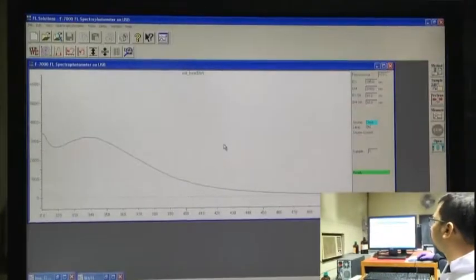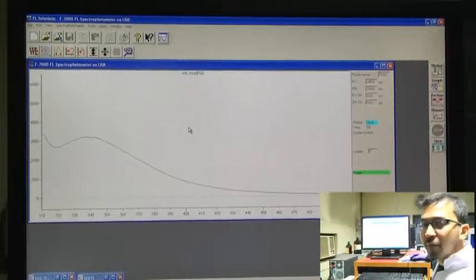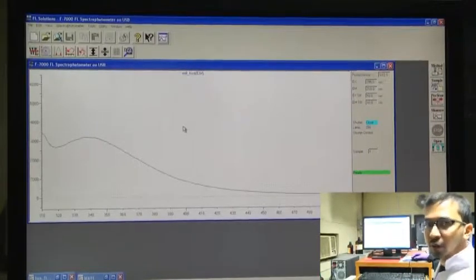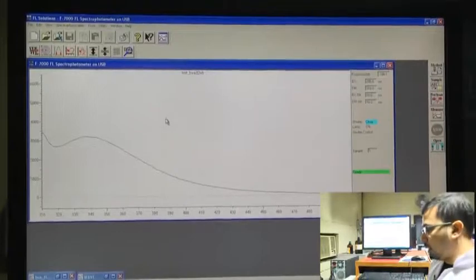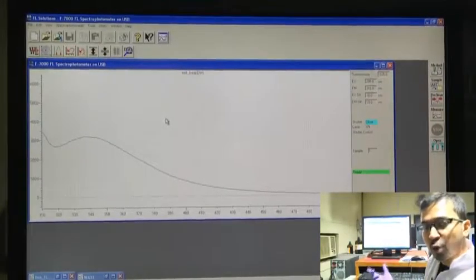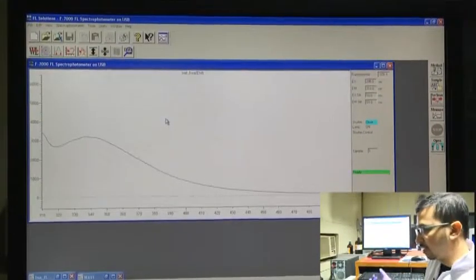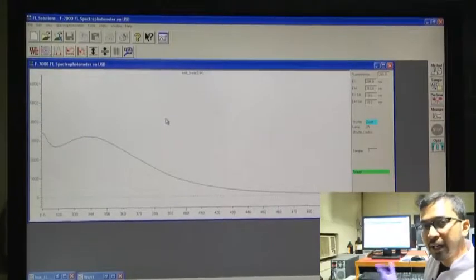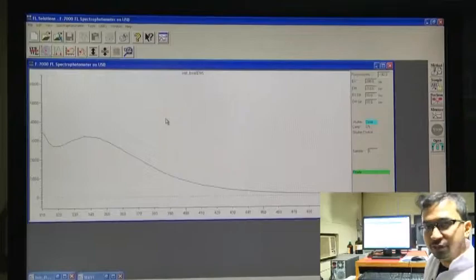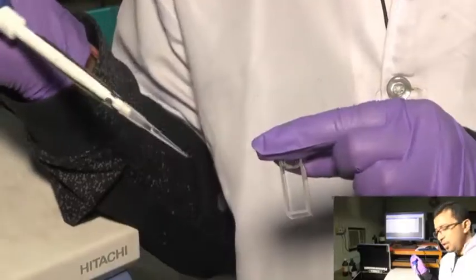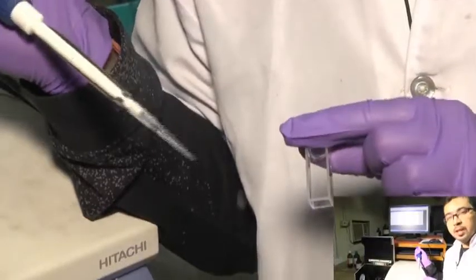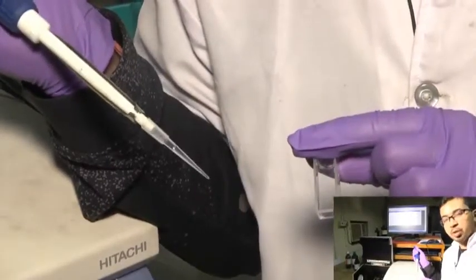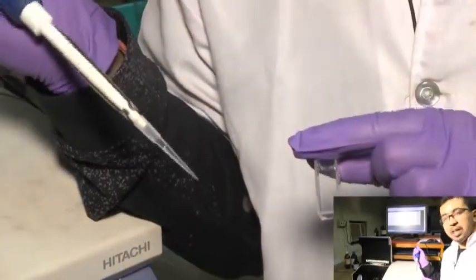Now, we will see the sample which is heated at 40 degree centigrade, that is HSA at 40 degree centigrade. For that, we first have to throw out this solution, the native HSA, take the cuvette, clean it again and pour the sample solution for 40 degree centigrade HSA. Here we have taken this cuvette which was initially filled with native HSA solution, and we will add heated HSA solution.